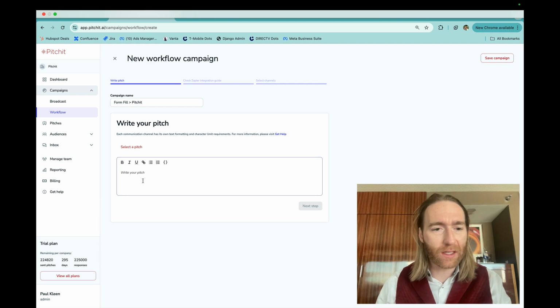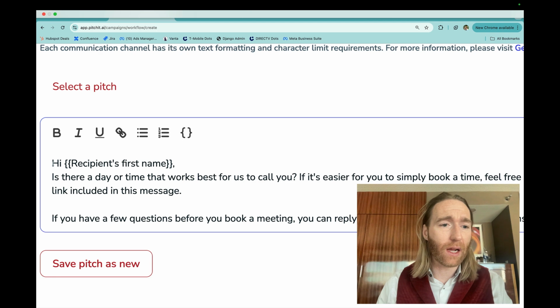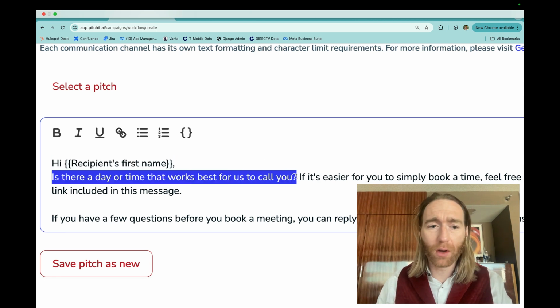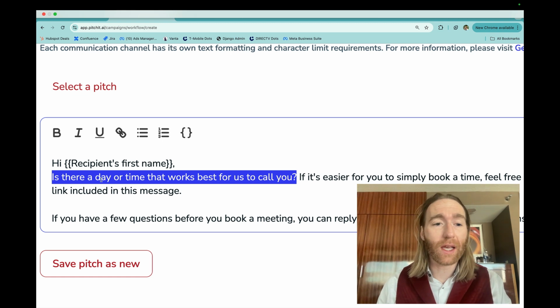Now I'm going to break down the science of a really solid prompt, which is critical to getting the AI agent engaged with your lead. And so here's a really nice template that I like. Pretty simple greeting, and then a very straightforward question. This could either be a yes or no question, or in this case, I'm asking just for a day or time. And the reason you want to start with that is you want a very easy question for them to